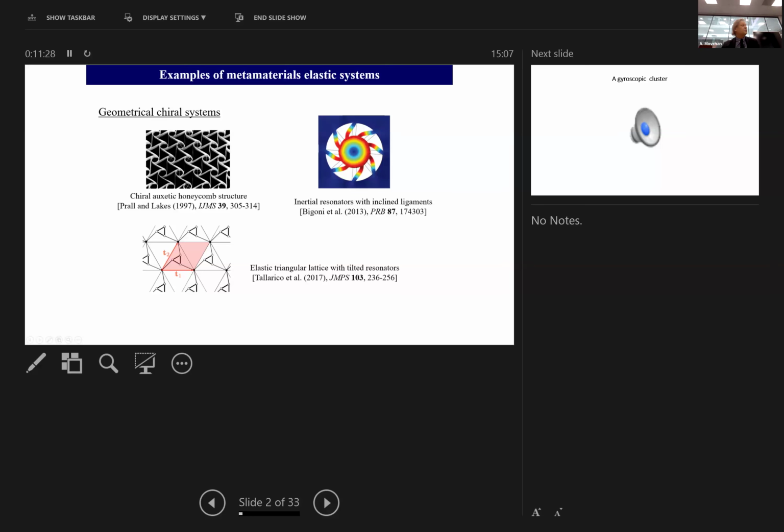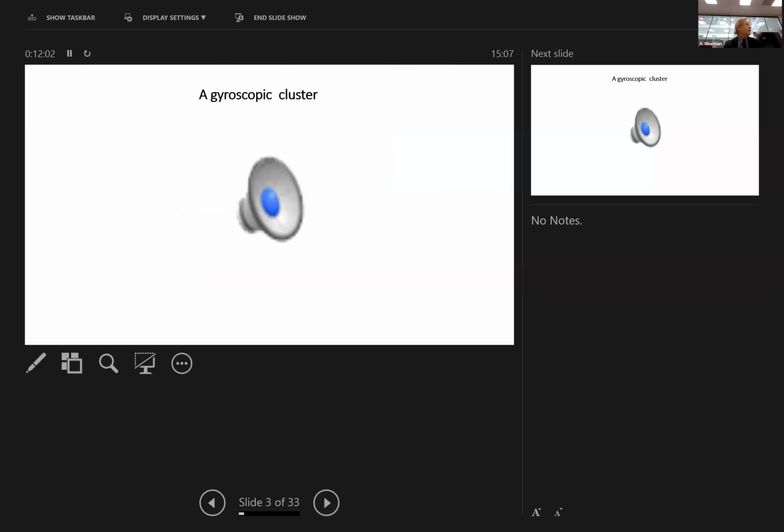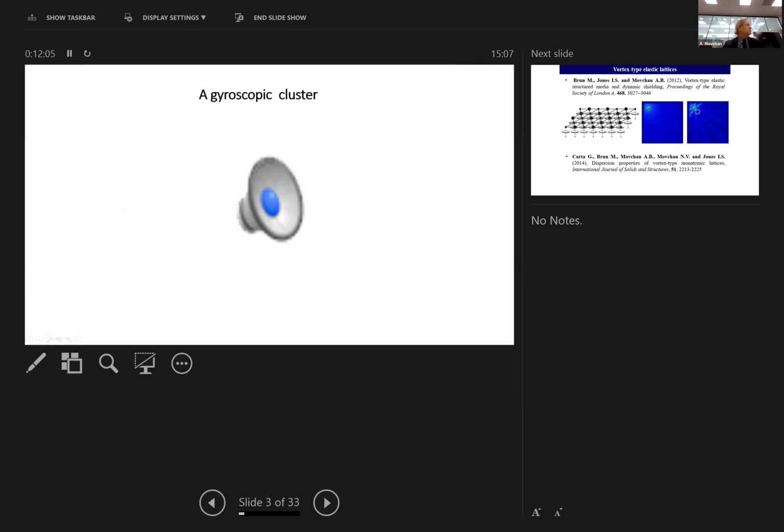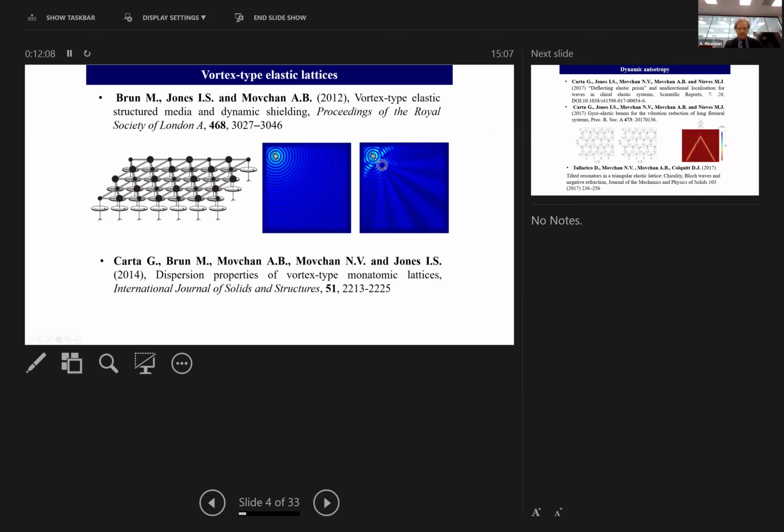Another structure which couples compressional and rotational motions, and one more as well. But in this case, this one is continuous with the resonator. This one is a lattice structure. Also, you can think about these as geometrically chiral systems, and of course, geometrically chiral structures and chirality as handedness is very well known. But I'm going to also talk about systems which possess